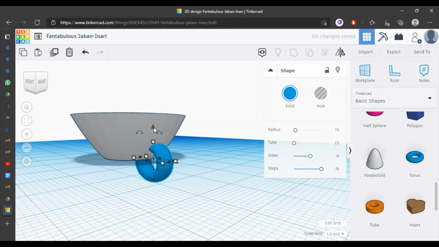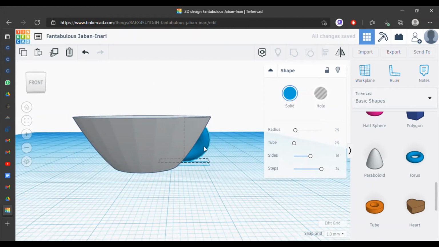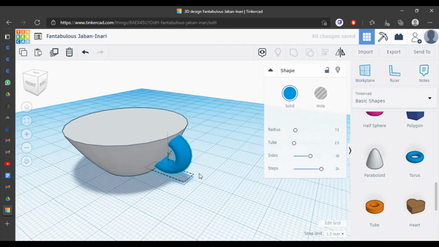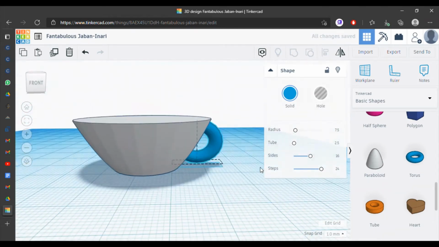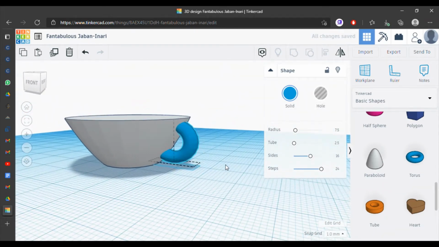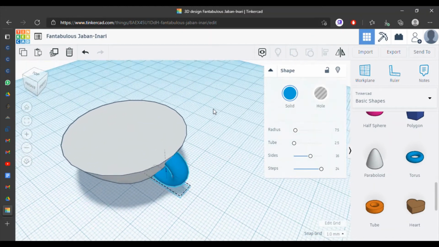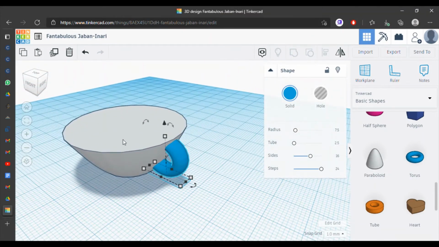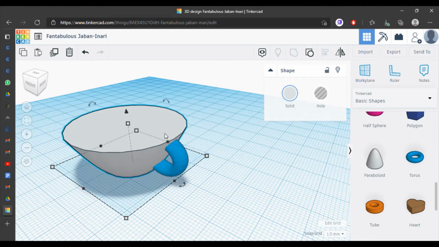We will make it like this and this. Now it seems like a perfect cup with a handle also. Okay, now what we need to do is make a cavity in the cup so that we can store drinking items. Okay, so for that cavity, what we will do,